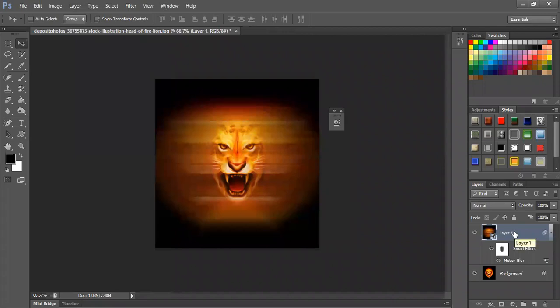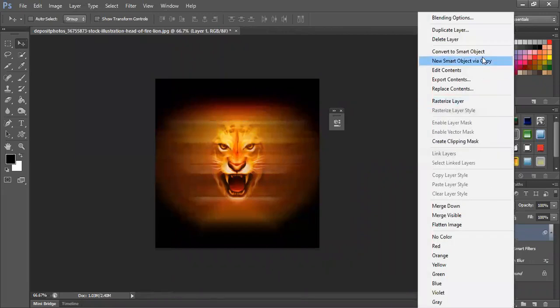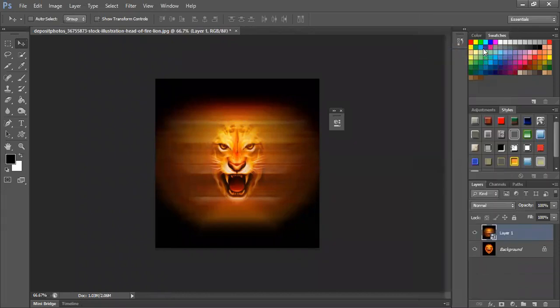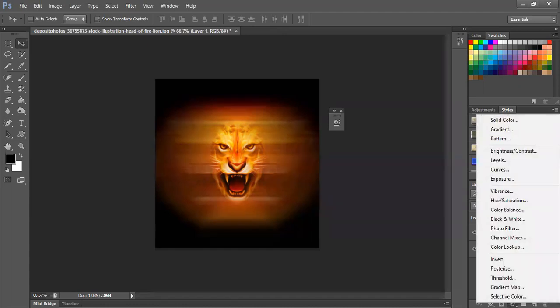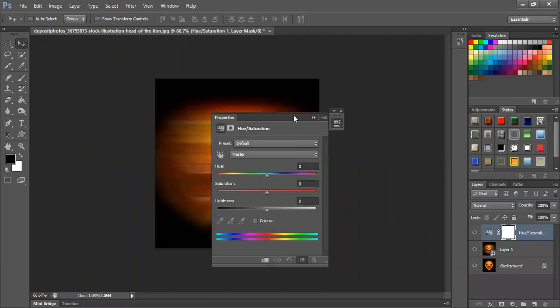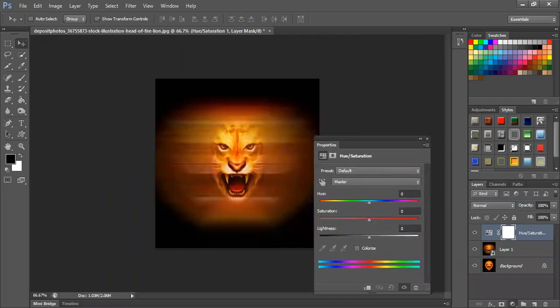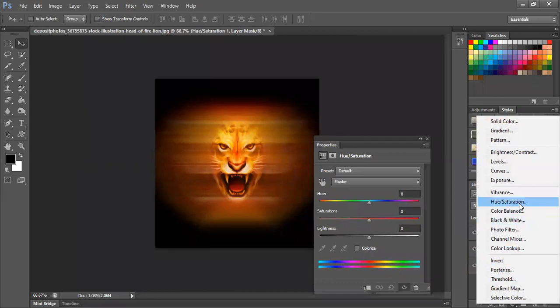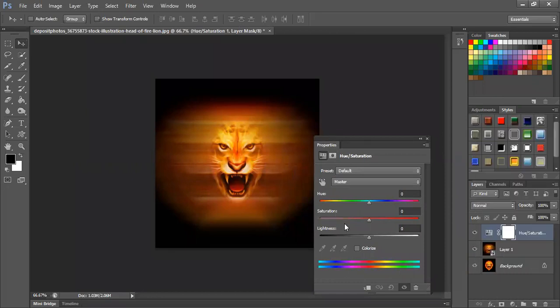Fine. So this is one of the things. Now what will I do? Right click up here, again Convert to Smart Object. Second time I'm doing Convert to Smart Object because I want to change the color of this image. As of right now it looks like a lion yellow color, but I want to change it. So I'll go up here to the adjustment layer panel. I can choose a specific color using Hue/Saturation. I selected the Hue/Saturation option in the adjustment panel and got this pop-up. From this pop-up, check the option Colorize.